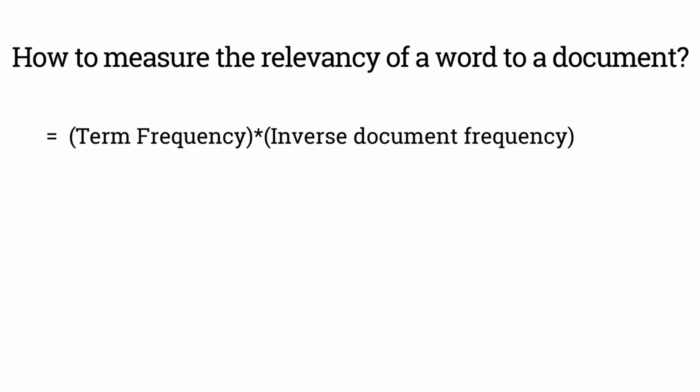Words such as the, is, on, and are quite common, not just in a document, but in all the documents in the data corpus. At that time the relevancy will be small, because term frequency times the inverse of the document frequency value will give us a small value. But on the other hand,